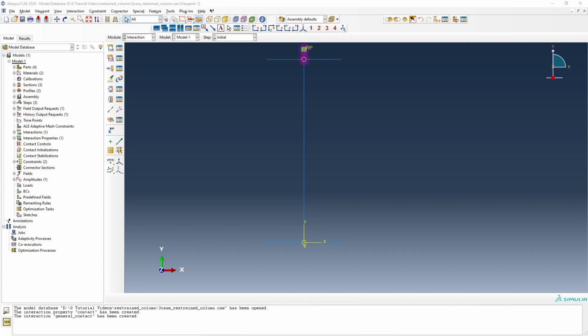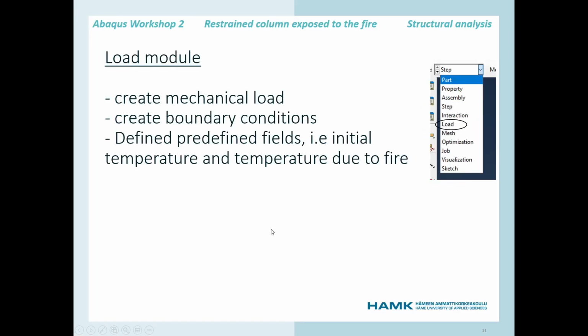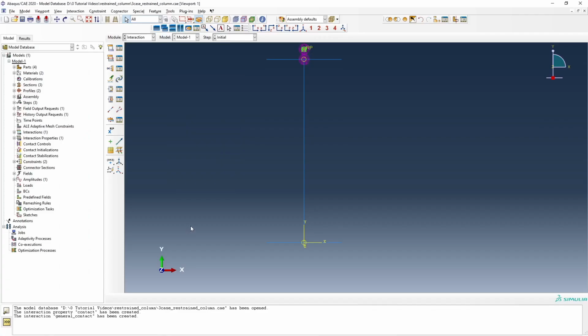Okay, so the interaction module is finished, and now let's go to the mechanical load module. So in the load module, we will create the mechanical load, and also we will create the boundary conditions, and then we will define the initial temperature and the temperature due to fire in this step. So let's go to now Abaqus here, and then in the load module,